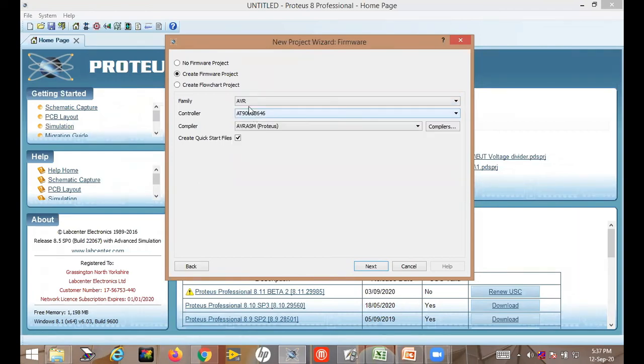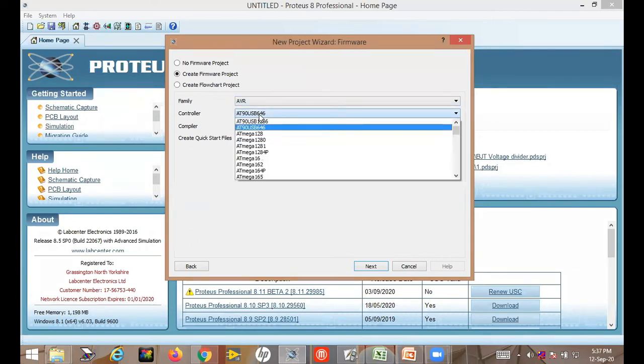If this is the microcontroller family, then from the AVR family, which microcontroller will you use? Throughout this session, training will be using ATmega16. This is a very popular microcontroller, and it is plentifully available in the market also.